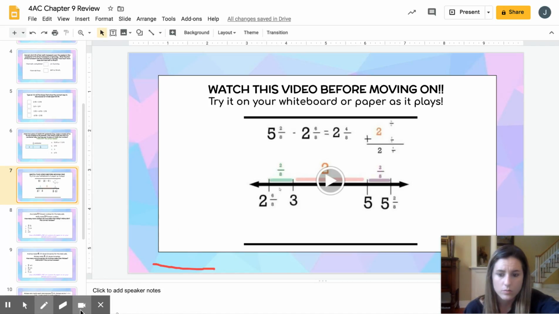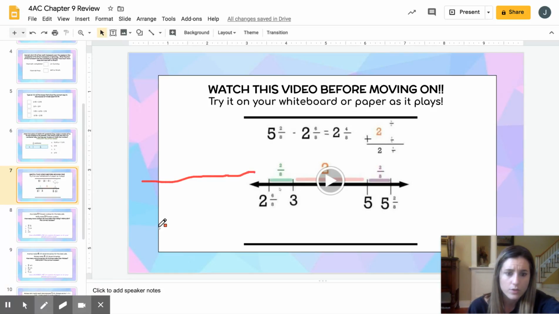Let me erase that. Hold on. When you do it on the number line, remember that, so if it's 5 2/8 minus 2 6/8, we want to start with 2 and 6/8 and end with 5 and 2/8. And then remember, and this is just a quick review, the video is going to go over this,